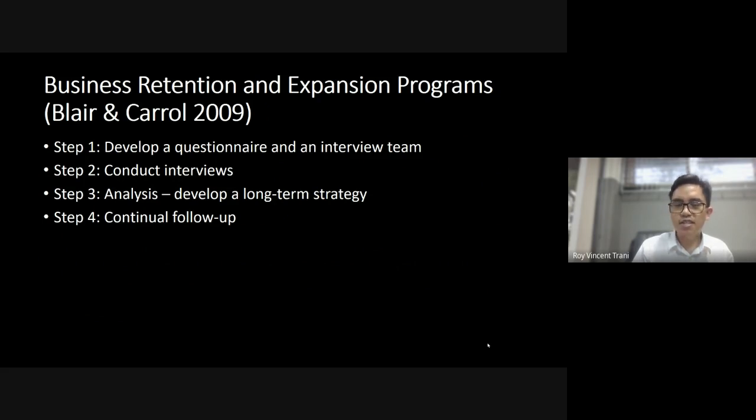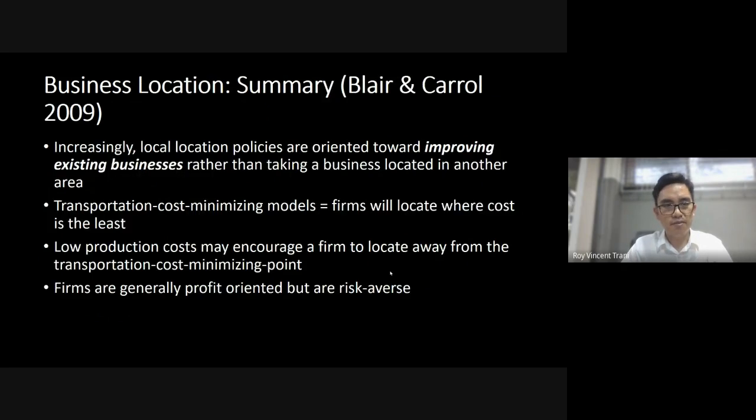Then finally, analysis. I think we're all doing that. Anyone with a bachelor's degree can do some level of analysis. And then continual follow-up. This is the tricky part in the Philippines. Even my own projects, I make a proposal and then the follow-up is almost never there because I'm on to the next project. And it's very difficult to push projects, especially if you're a small group and some people have their lives to live and they can't be as focused on just the one project. They need to go to the next project to actually have a living.